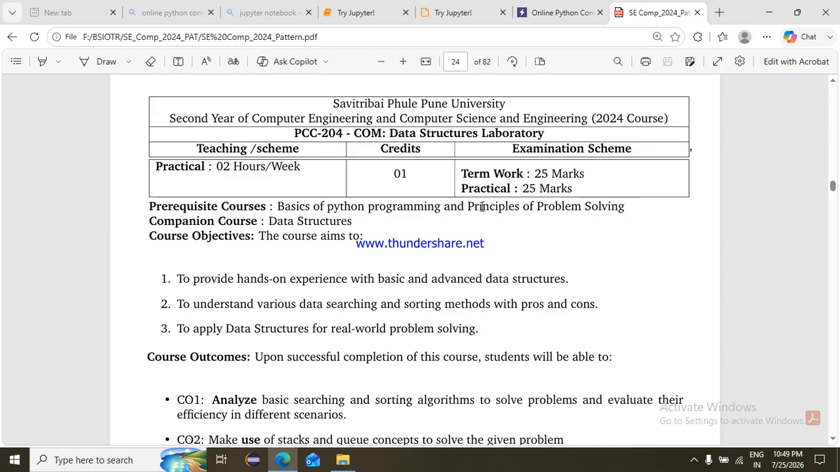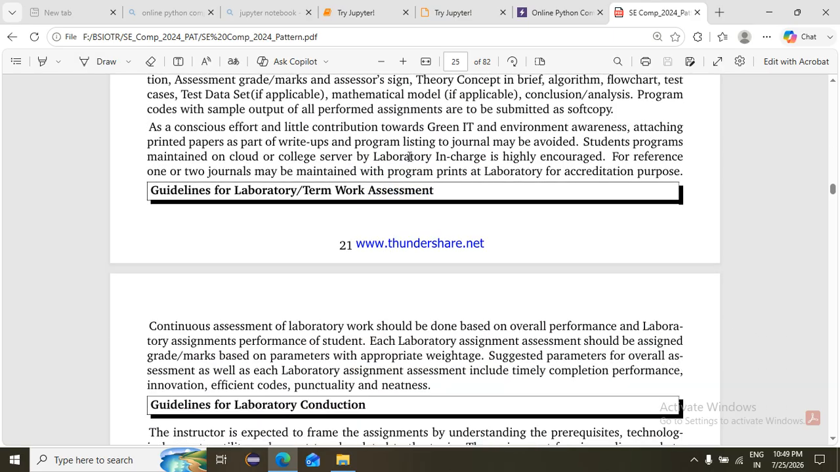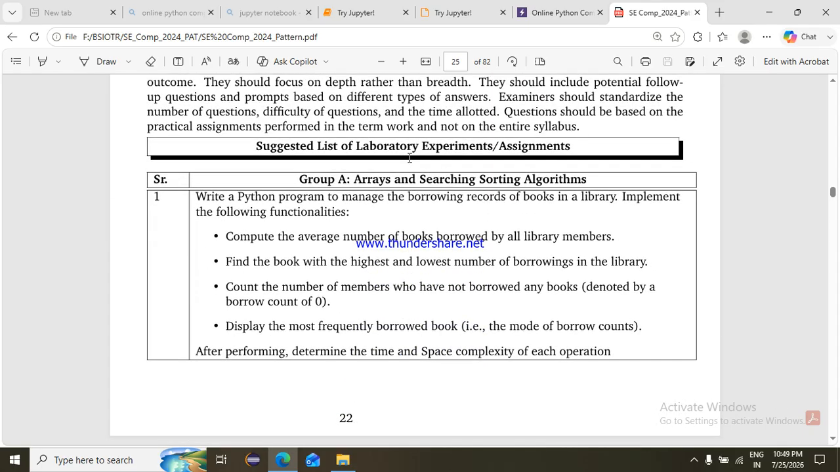So, welcome all to PCC 204 Data Structures Laboratory in second year computer engineering. We want to study the assignment from group A: write a Python program to manage the borrowing records of books in a library and implement the following functionalities, like compute the average number of books borrowed by all library members, find the books with the highest and lowest number of borrowings in the library,